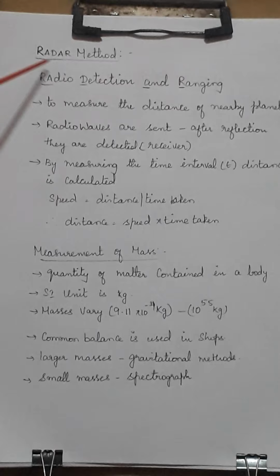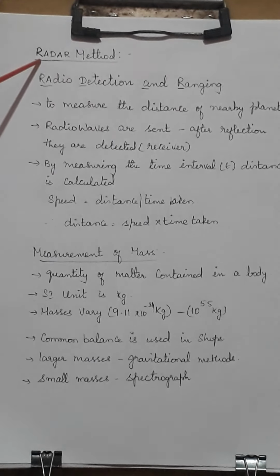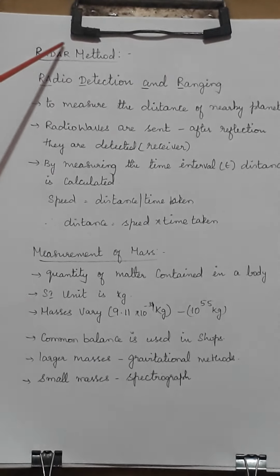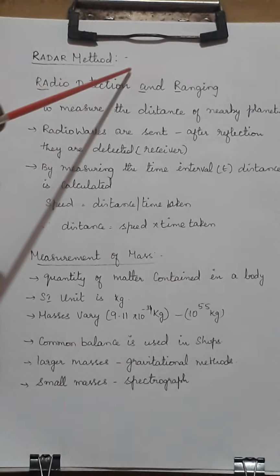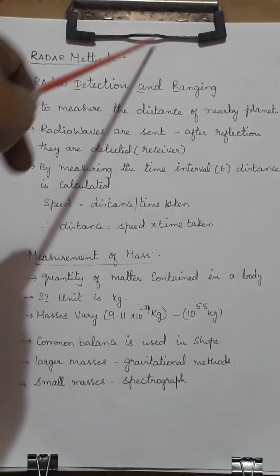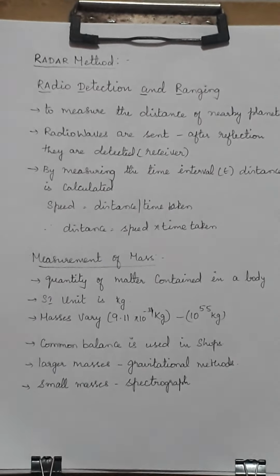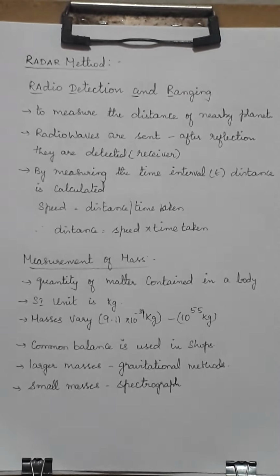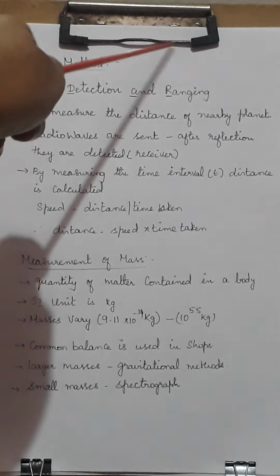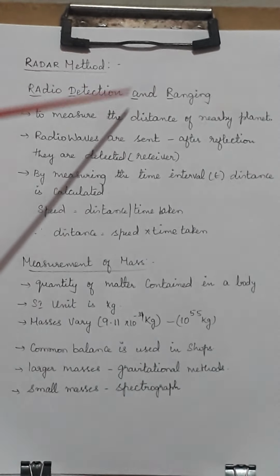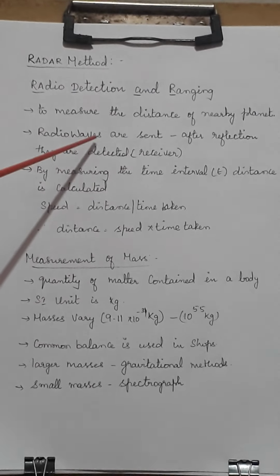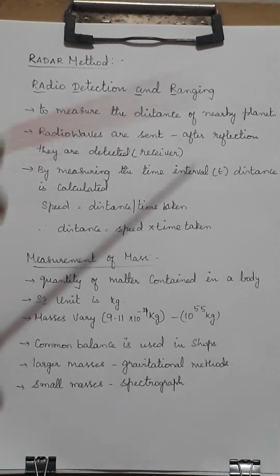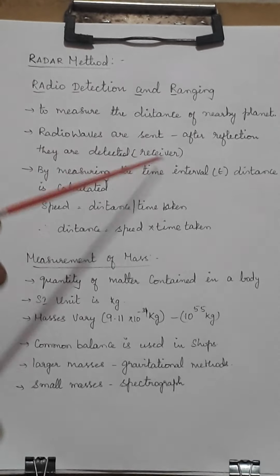Radar stands for radio detection and ranging. What's the meaning? That is, radio waves are sent from a transmitter. Then when that wave hits some object, suppose an aeroplane or anything which is found there, what will happen? It will reflect. It reflects and then comes back, which is detected again by a receiver. So radio waves are sent by the transmitter. After reflection, it is detected by the receiver.